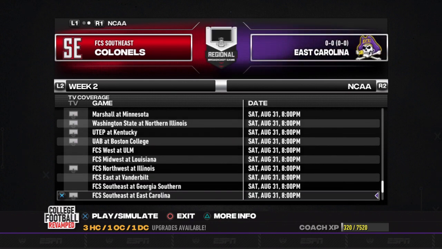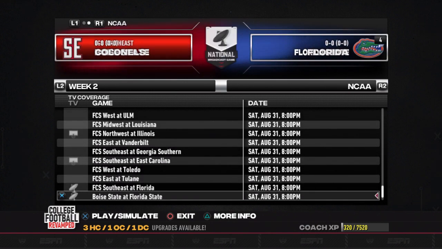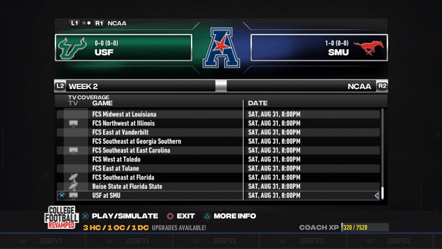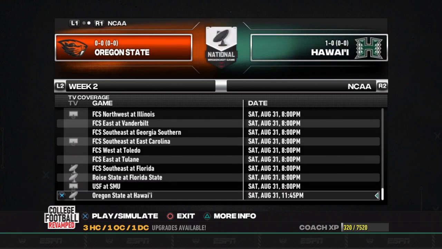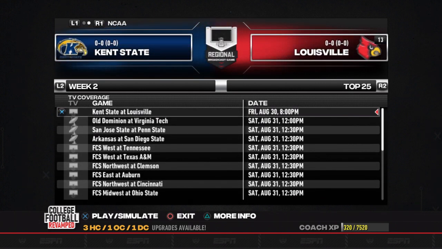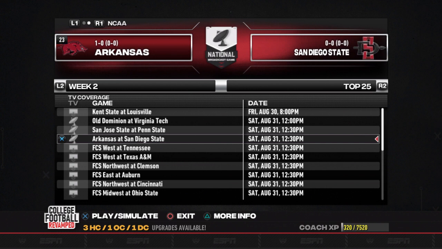So it looks like today we can play the 3 to 5 games for week 2. Florida State, Boise State. That should be a good one, actually. Probably save that one as the last one, as it is the 8 p.m. game in the system anyway. And that's it. So top 25 games, like we said. We'll play the Arkansas game probably first. That'll be Arkansas at San Diego State. Probably play that around 10:30, 11 o'clock.